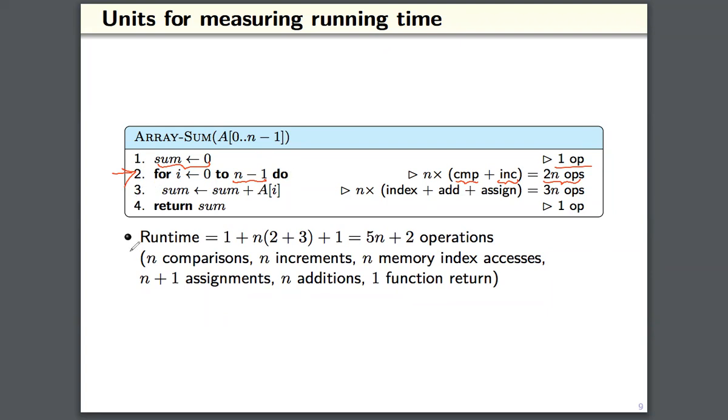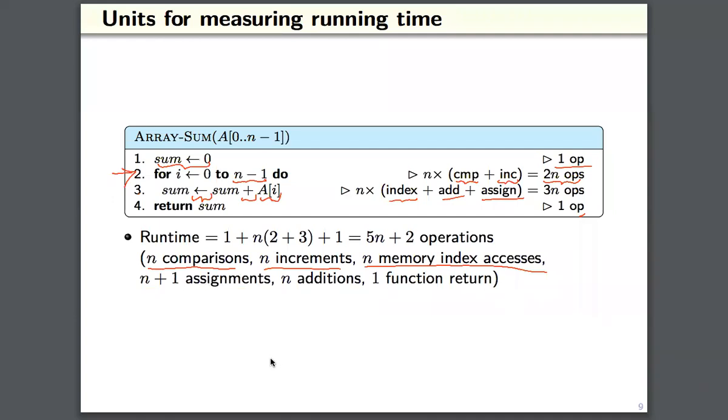And next you have line 3. In line 3, what do you have? Sum is equal to sum plus a of i. So you have one assignment here, you have one add operation here, and you have one indexing operation here. So as it is inside the for loop, you can consider 3n operations, total of 3n operations, and return sum. Okay, let's say one operation, accessing it or returning, whatever. Now, if you add all these things, what do you get? Maybe say 5n plus 2 operations, and you can write it as n comparisons, n increments, n memory index accesses,